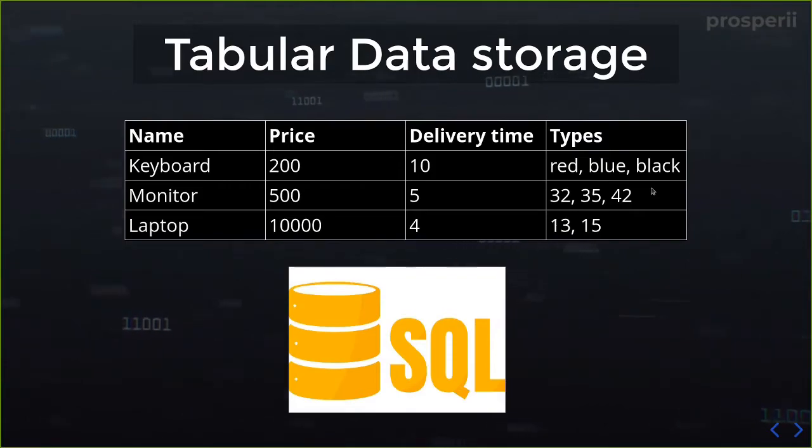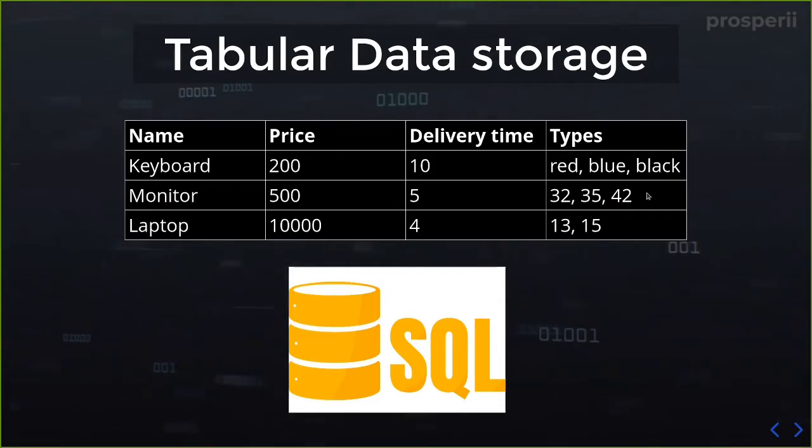Okay, so this type of database is called a SQL database. So you might have heard of SQL, which stands for Structured Query Language. And query is just a way of telling a server that I want this particular data object. And structured basically means that the data is stored in a particular format.